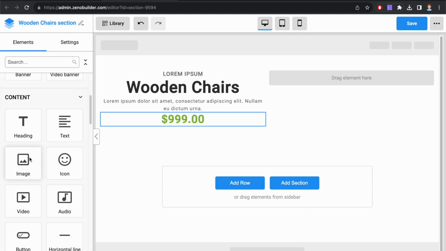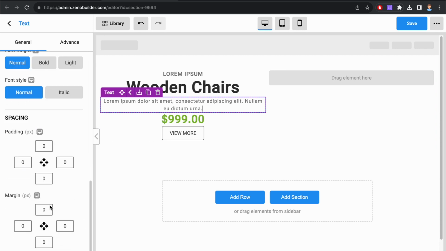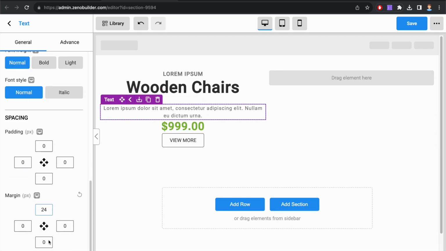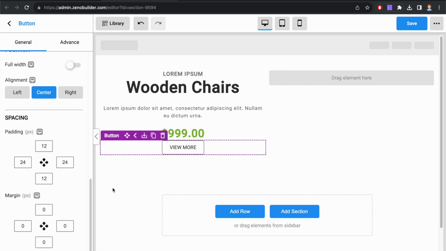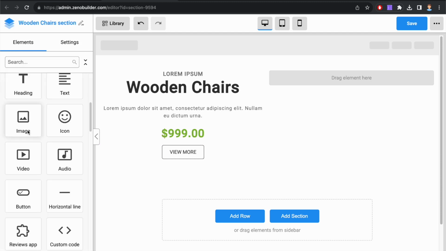And finally, a button. Change the text to view more. Add some spacing so it is more clear. It looks like this. In the right column, I want to add an image